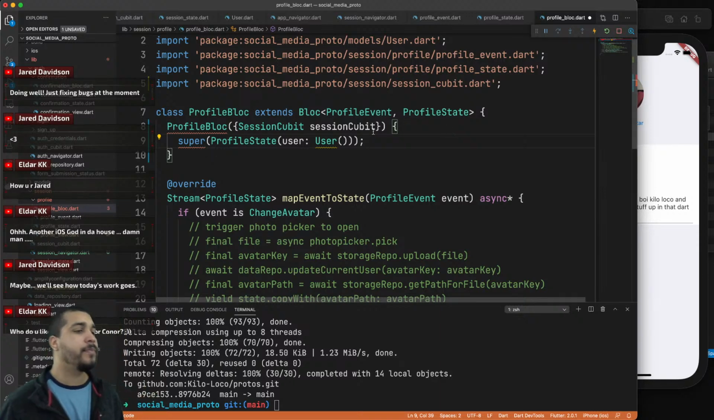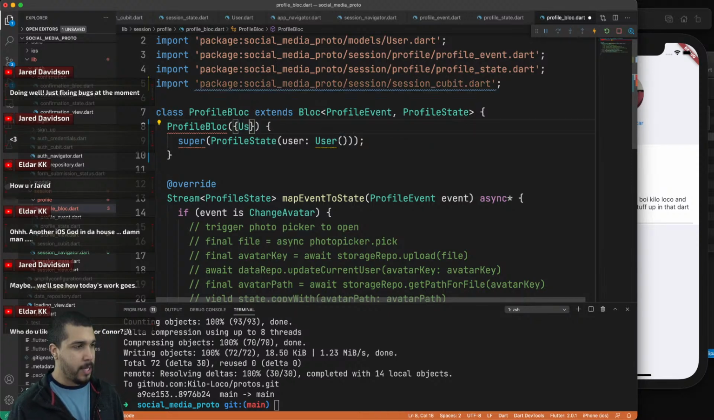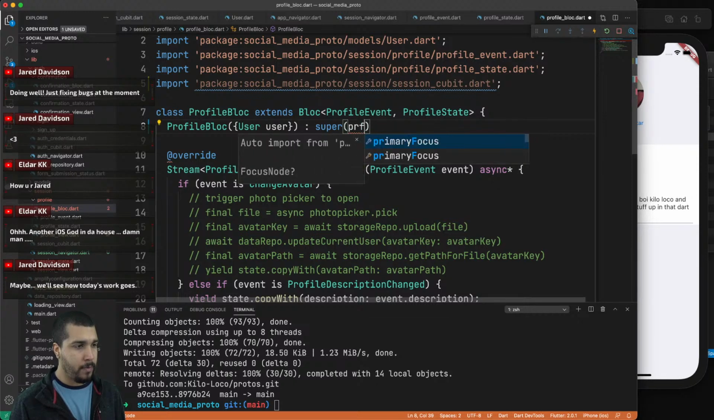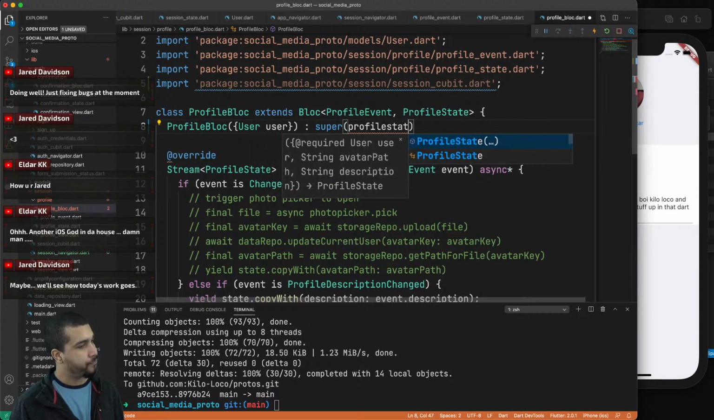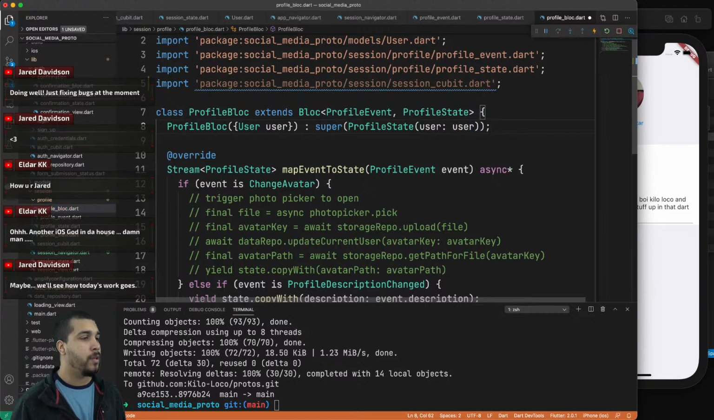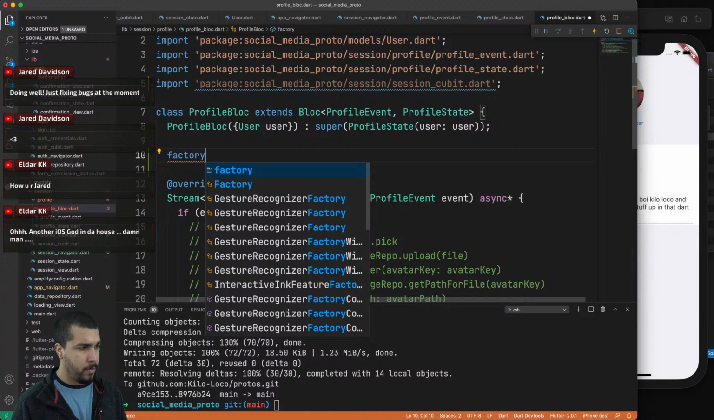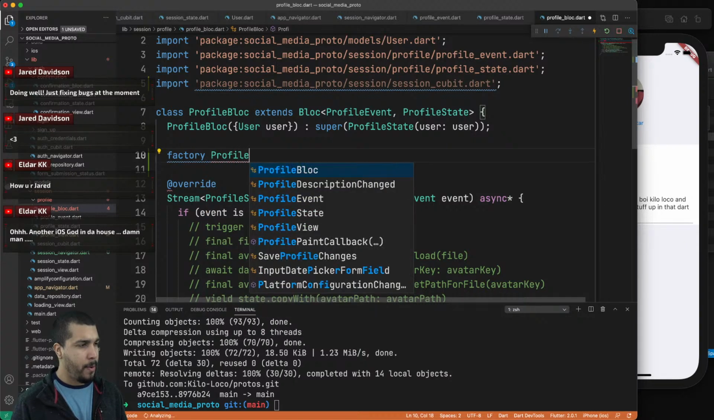Oh, you know what? You do it with the factory constructor. That's what it is. Searching my brain, that was the answer. Like this. This.profile. There we go. And then a factory constructor. Factory profile block